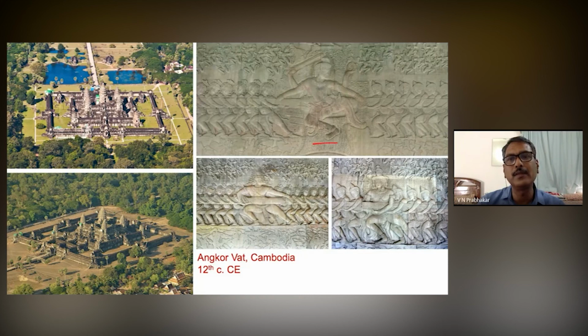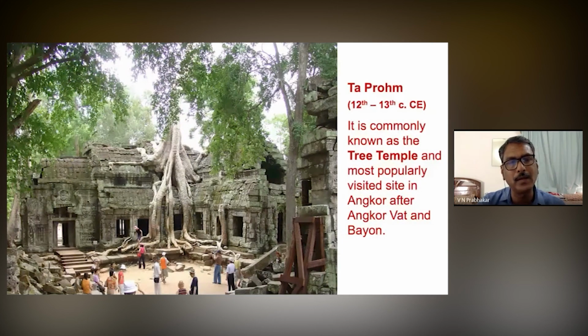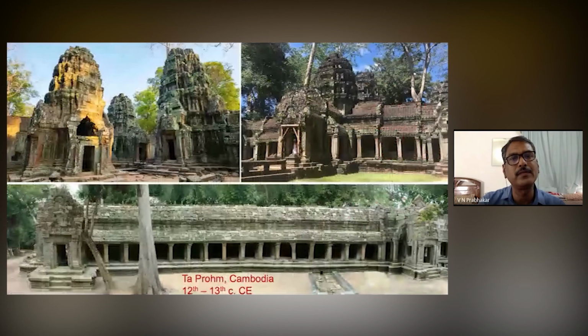Here is the famous Samudra Manthana scene depicted on one of the walls in Cambodia. And near Angkor Wat is another temple complex known as Ta Prohm, which means the tree temple, because of the huge rainforest trees. It has completely engulfed the temple, but it is also holding the temple. And this is another important temple complex which has influences of the Indian temple format, but again with regional variations and formats.